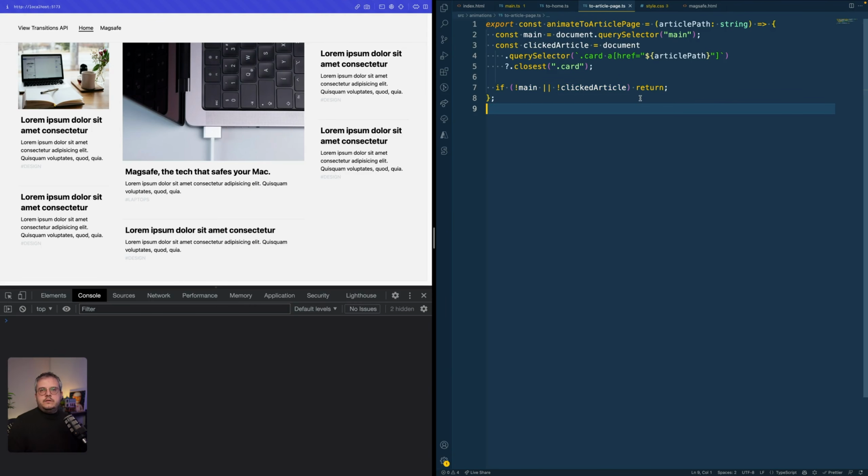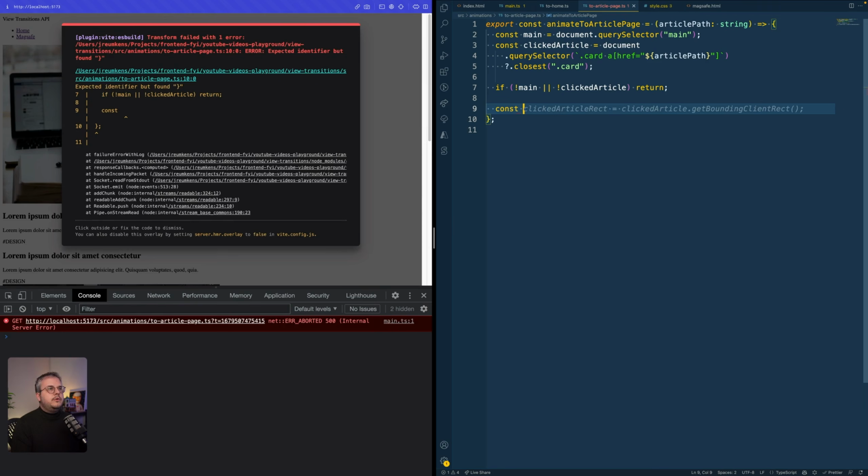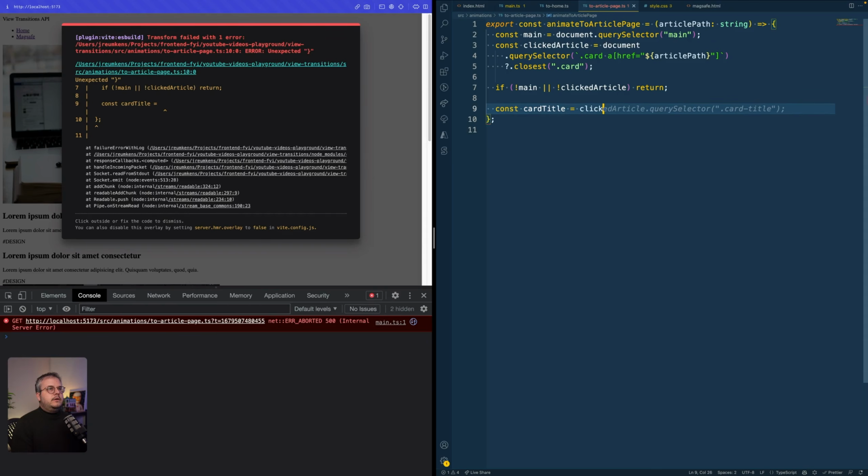If so, we just don't do anything, so no animation will run. This is just a fail-safe because it shouldn't happen because they are on the page, but we have to check it, otherwise TypeScript gets mad for valid reasons. And as soon as we do that, we can create two more variables called card title, which is a clicked article